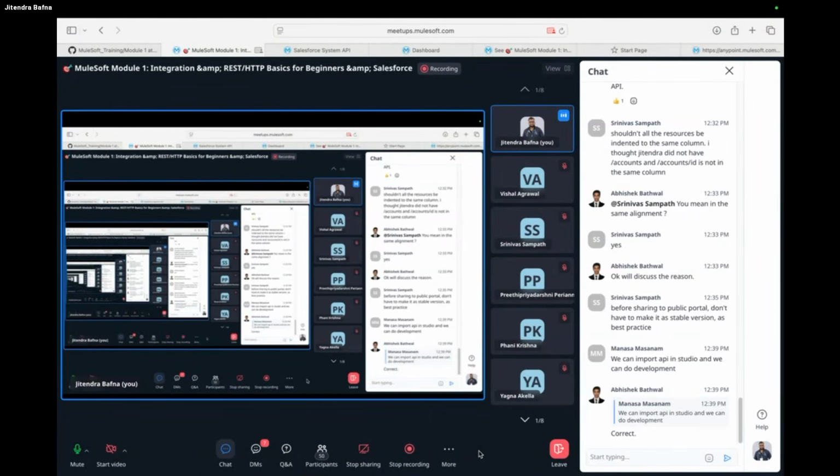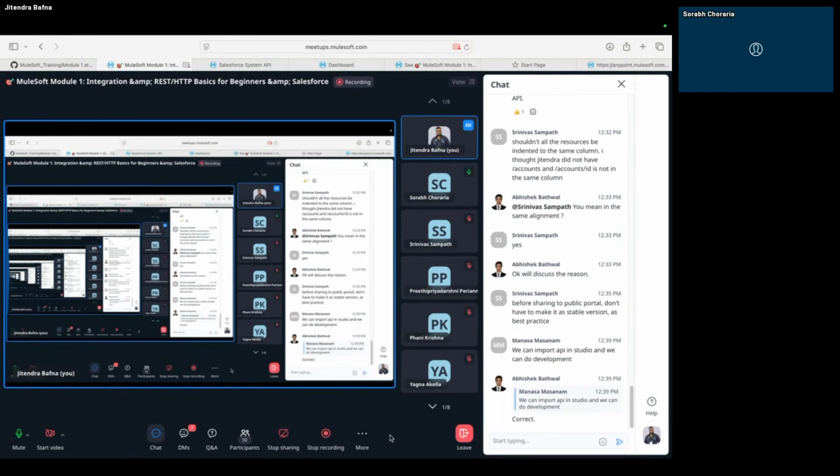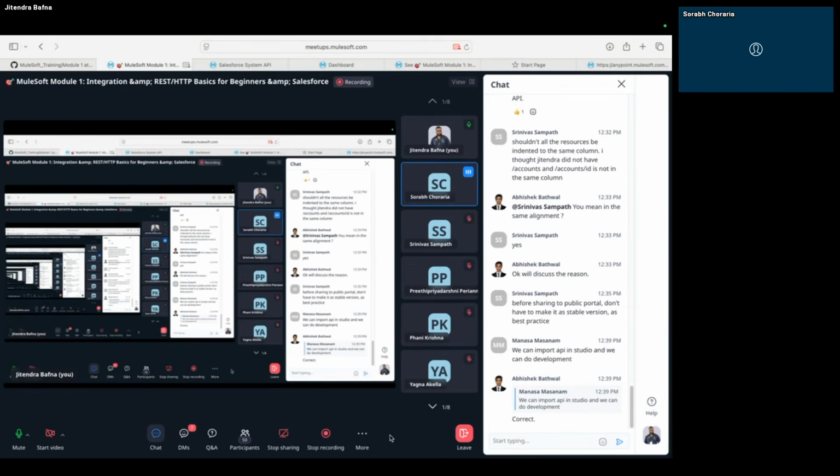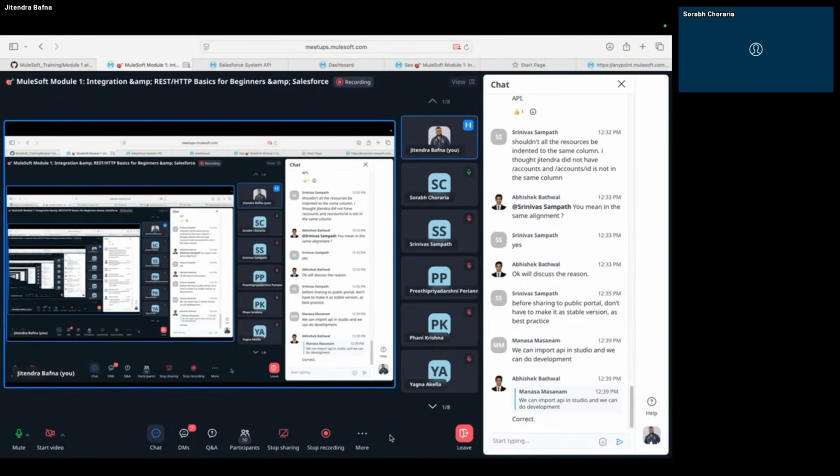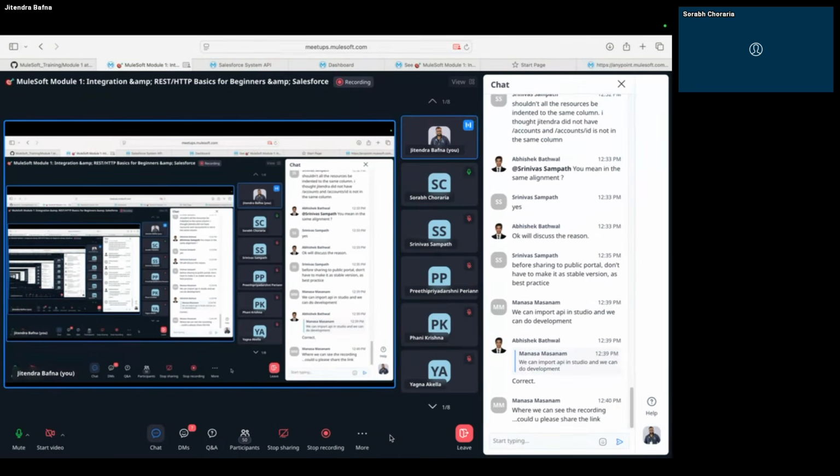Any question? Jitendra, one query. For any API which is developed in MuleSoft, do you have to deploy on the Exchange and then on the developer portal? No, the developer portal is only if you want to expose your API externally, for discovery. For example, if some banking or external third party wants to integrate with your API, you generally expose it to the developer portal. The developer portal is publicly available, so you can give the link and they can see it.